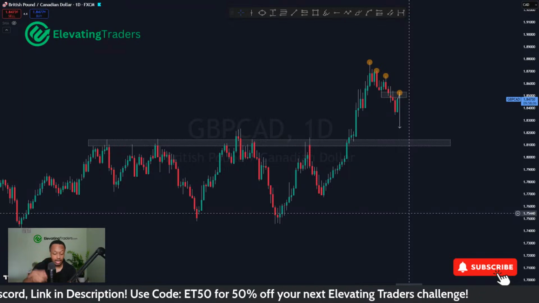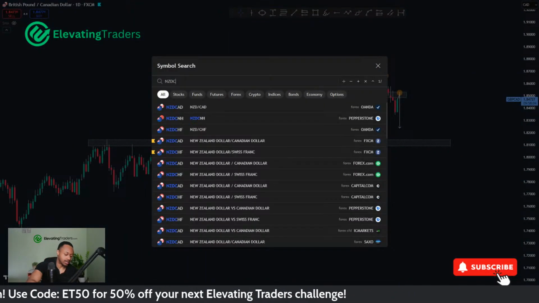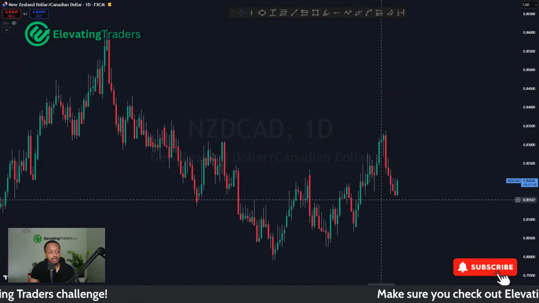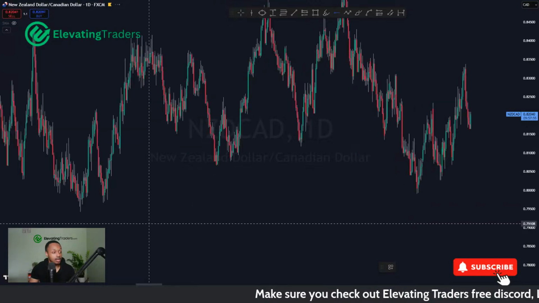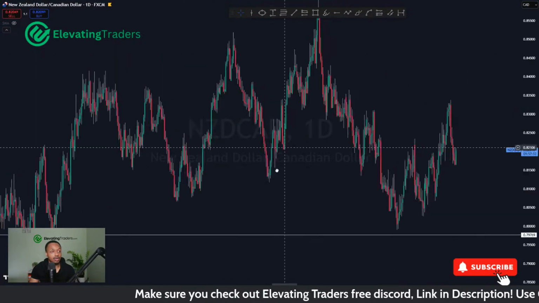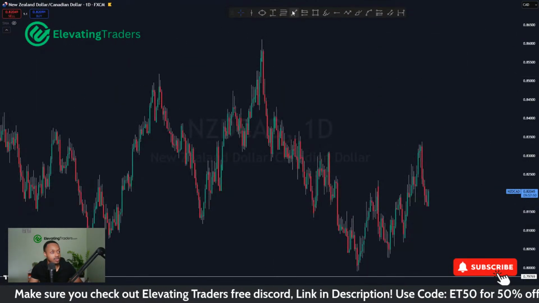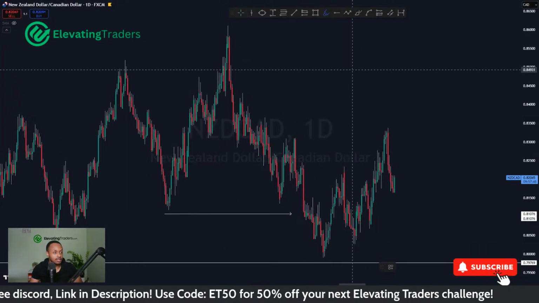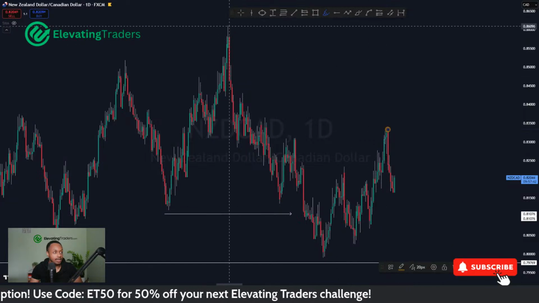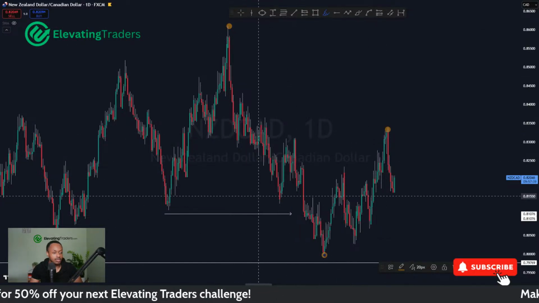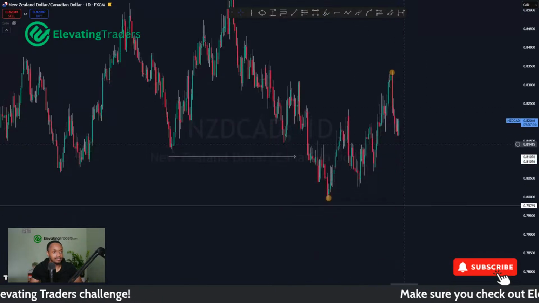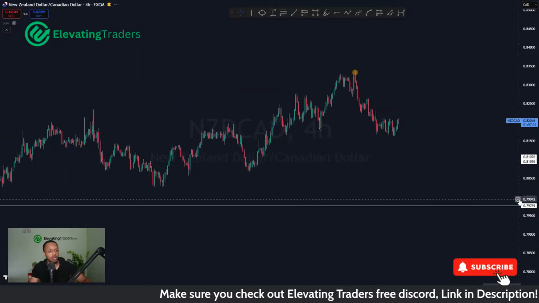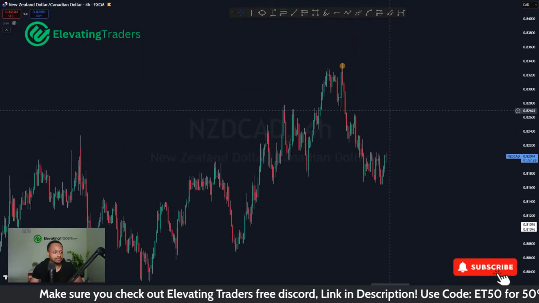But CAD pairs which I'm interested in, like I said, New Zealand CAD and Aussie CAD. New Zealand CAD in particular, I do like the sales for a lot. I'm looking for a big push into support here. The way I see it, price has broken through some structure on the left. Lovely swing to the downside. And now I'm looking at this being the first major lower high in comparison to the high over there. Of course, there's your low after the break of structure. Now I'm looking for that lower high to give us a swing to the downside. Dropping to the 4-hour chart, there's two setups I'm looking at.